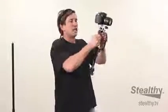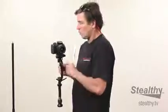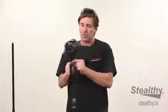So right now, I've got the ability to do a stabilized shot or a simulated crane movement. I can come down or up under. Very smooth. I can walk around it. I can go around somebody on a dance floor or whatever. As a wedding videographer, I'll pan the buffet table or whatever I need to do. But the best part about it is I snap it back in place, and now I'm ready to go in